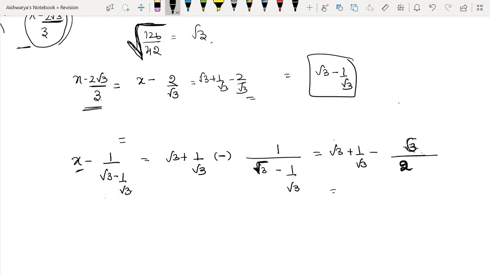Okay. So now if we take LCM, it will become 2 root 3 here. 2 root 3, this term will become 2 into 3 is 6 plus 2